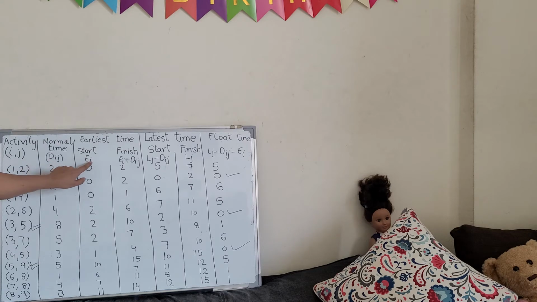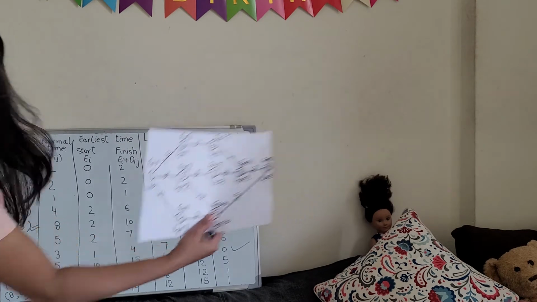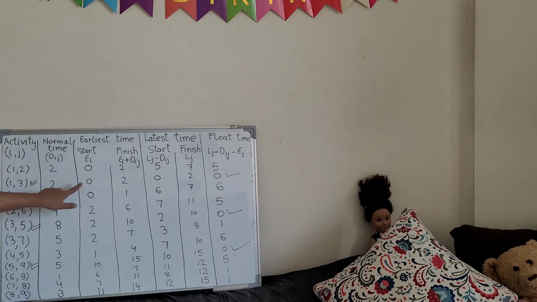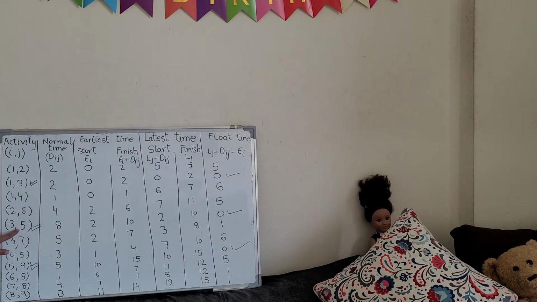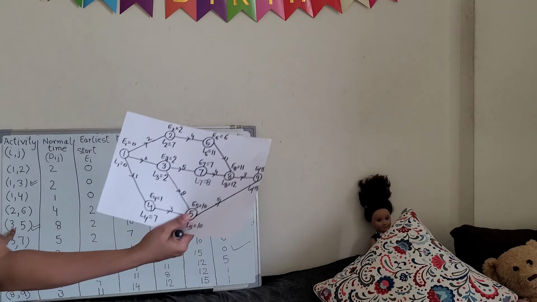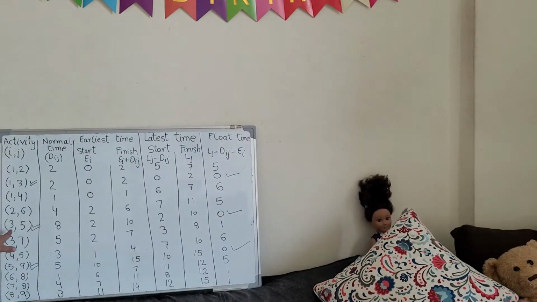Okay, so Ei we will select here, 1 to 2. So 1 is the start activity, E1. We will check this diagram, and write the E1 value. E1 is 0. So we will write in front of this activity E1 will be 0. Now for 2 to 6, earliest start will be E2. We will check E2 in this, and write the E2 value here. Now for 3 to 5, earliest start will be E3. So we check E3 in the diagram, and the E3 value is how much? 2. We wrote here 2.